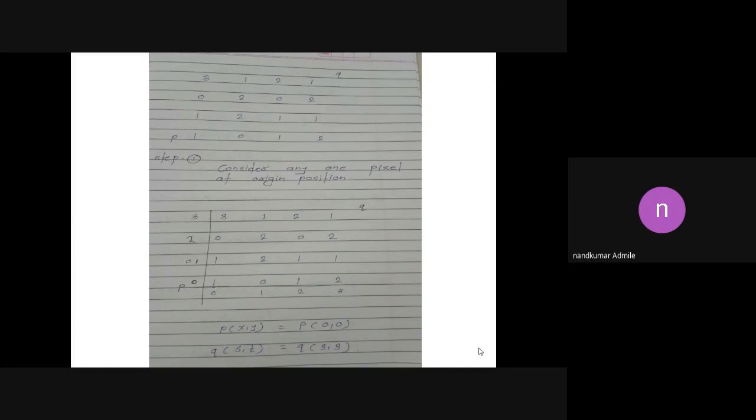Now, what is meant by origin? Suppose, for example, we consider that the image can be represented in two directions, the x direction and the y direction. So we have to consider the exact center of this. If we consider our graph paper, we can plot an x axis and y axis. Where the x axis and y axis intersect, at that position the values of the coordinates are 0, 0, right? Understood?